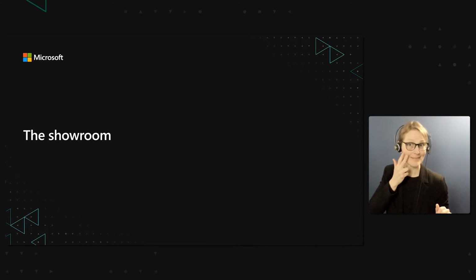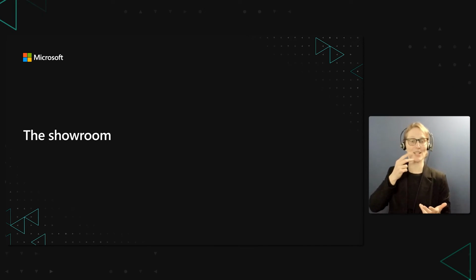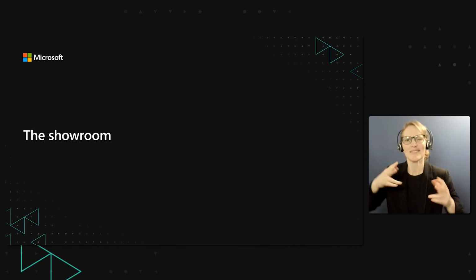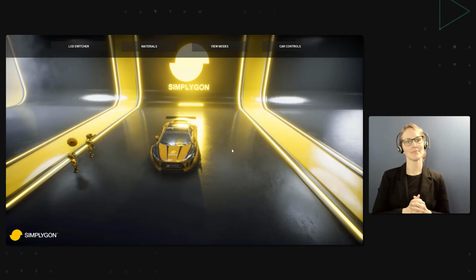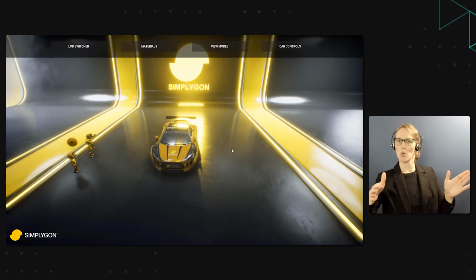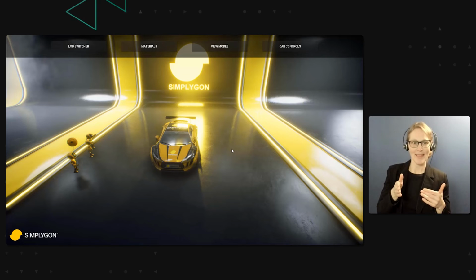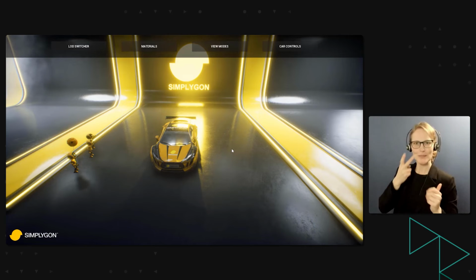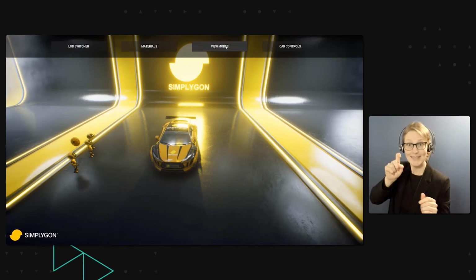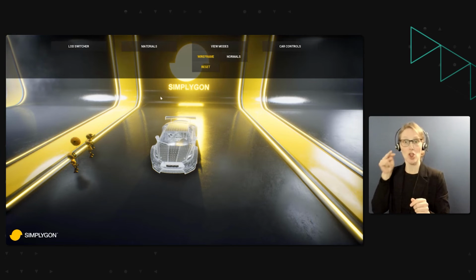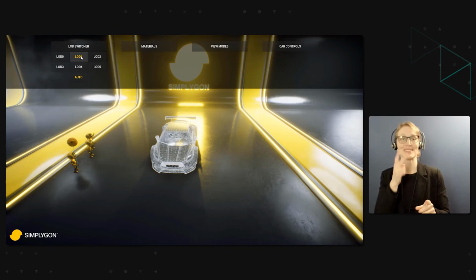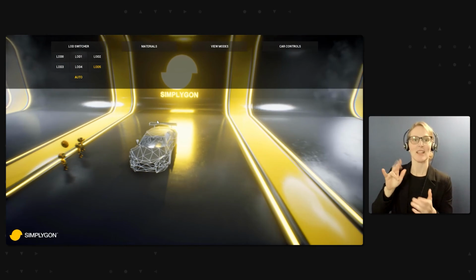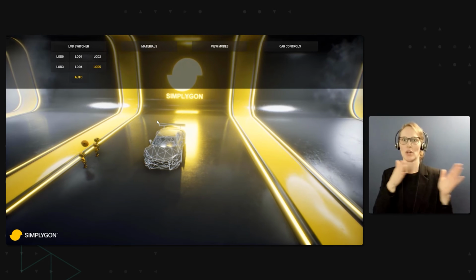Well, let's have a look at what this car actually is. Let's scrutinize it a little bit more. So here is the showroom. Let's take a look at this and just circle around a bit. First, let's look at how optimized this car actually is. Let's look in wireframe and just zoom around a bit and see what happens. As you can see, LOD1 and LOD2 are just reductions, and then we're going into the remeshings.